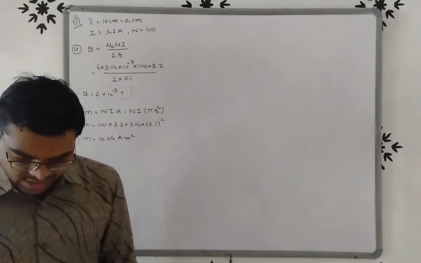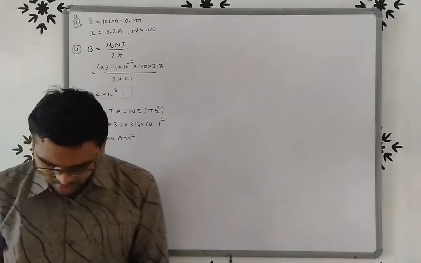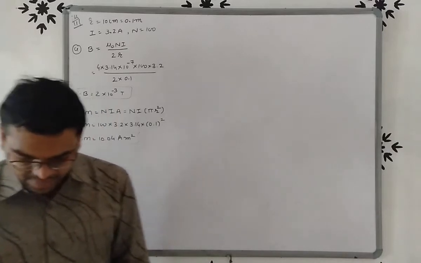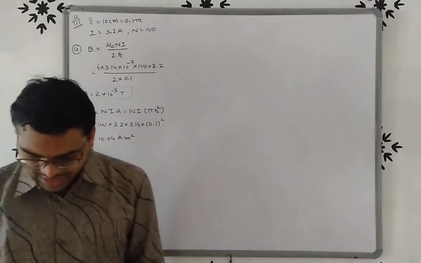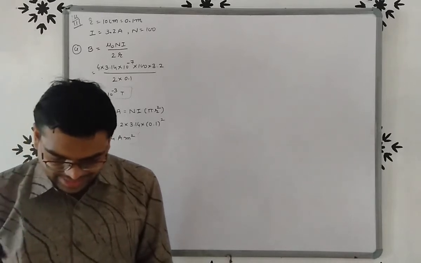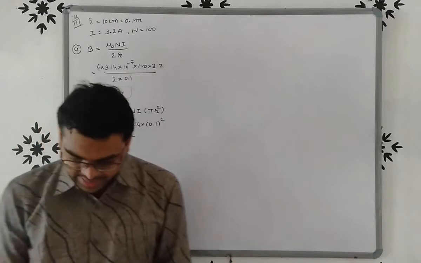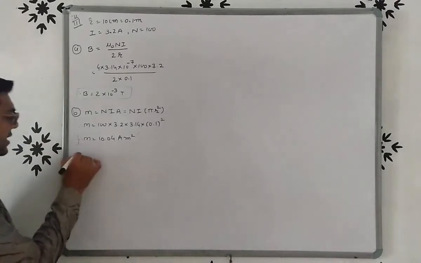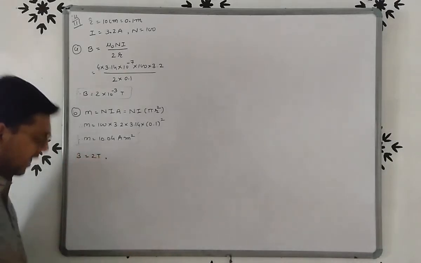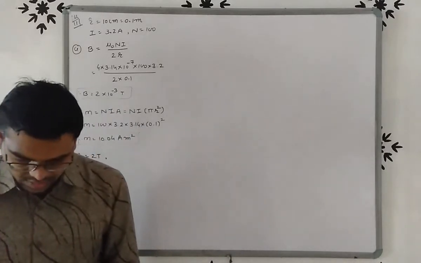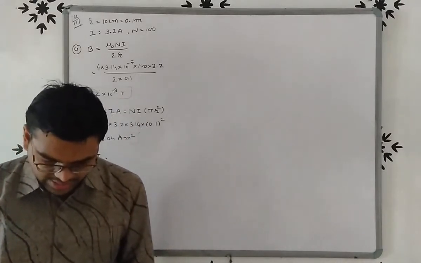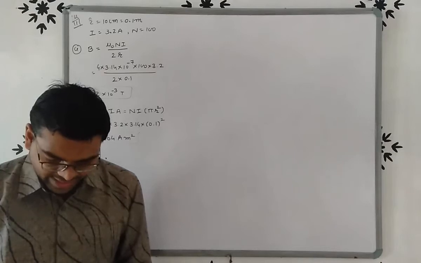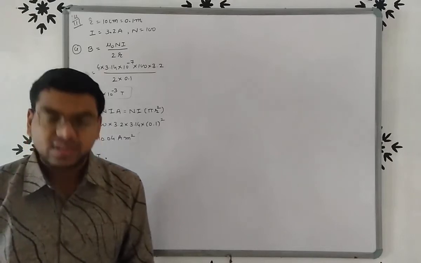the coil is placed in a vertical plane and is free to rotate about the horizontal axis, which coincides with its diameter. A uniform magnetic field of 2 Tesla in the horizontal direction exists such that initially the axis of the coil is in the direction of the field. So here the magnetic field is given as 2 Tesla, B is equal to 2 Tesla. And in the first case, the axis of the coil is in the direction of the field, and the coil rotates through an angle of 90 degree under the influence of the magnetic field.